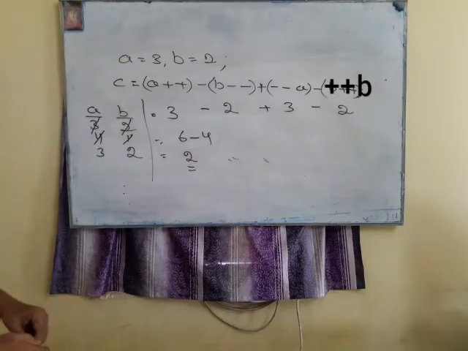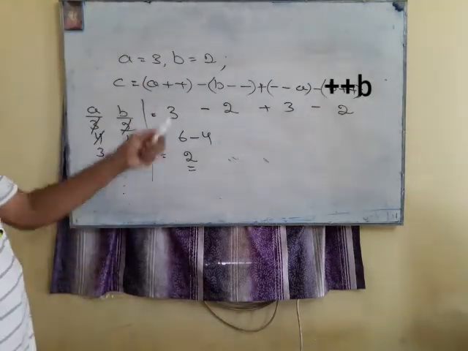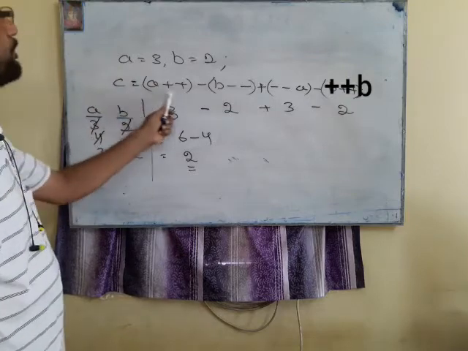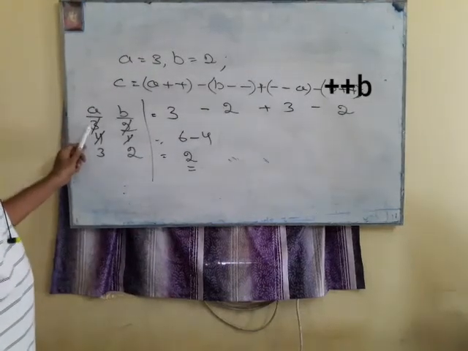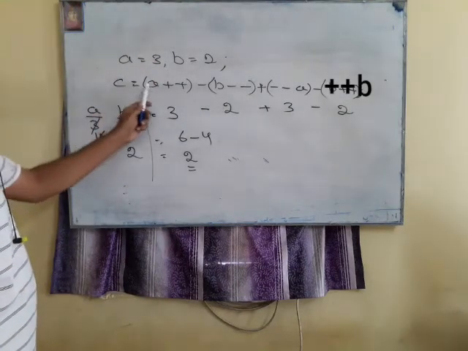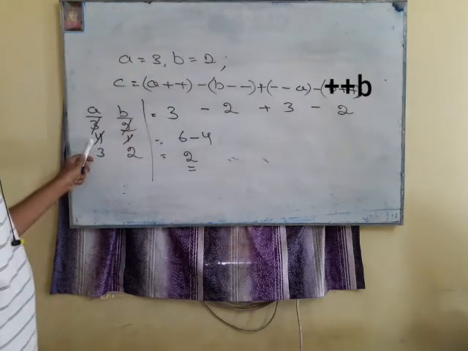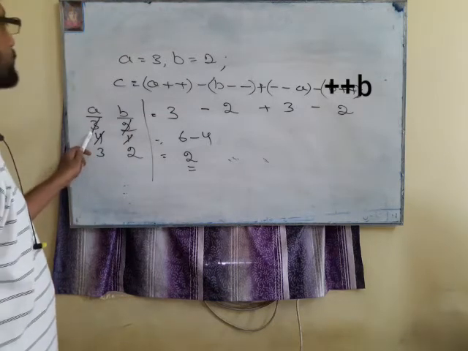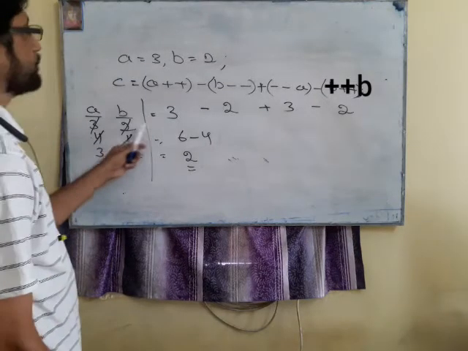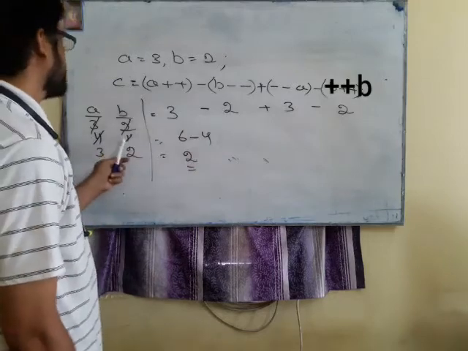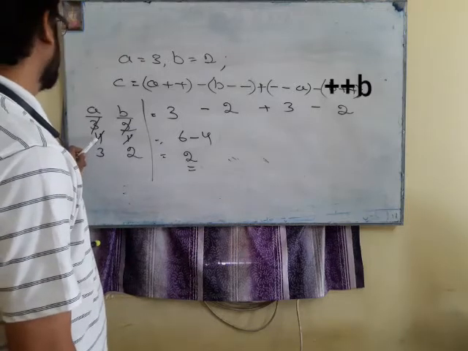Okay. So we will take another example. I put this, you see, A is equal to 3, B is equal to 2, C is equal to A++ - B-- + --A + B++. So the value of A is 3, the value of B is 2. First, A++ is the post-increment. So first you put the value 3, then change the value of A by 1. So it is 4. Now B-- is the post-decrement. So first put the value of B as 2, then change it to 1. Then plus --A. It is already 4 minus 1, which is equal to 3.